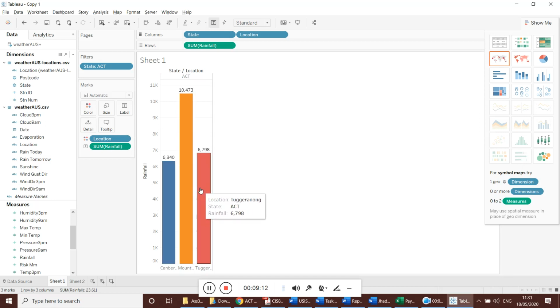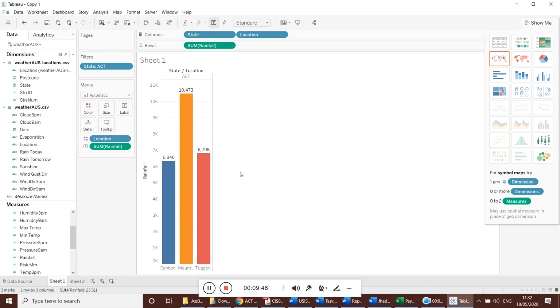Now we can arrange it in ascending or descending order. For example, we have just three bars over here, so it is easy to identify that Mount Guinea has the largest rainfall, and Canberra got very low rainfall when compared to all the locations of Australian Capital Territory. But if you had maybe 100 bars, it would be difficult to identify which one is the highest and which one is the lowest.